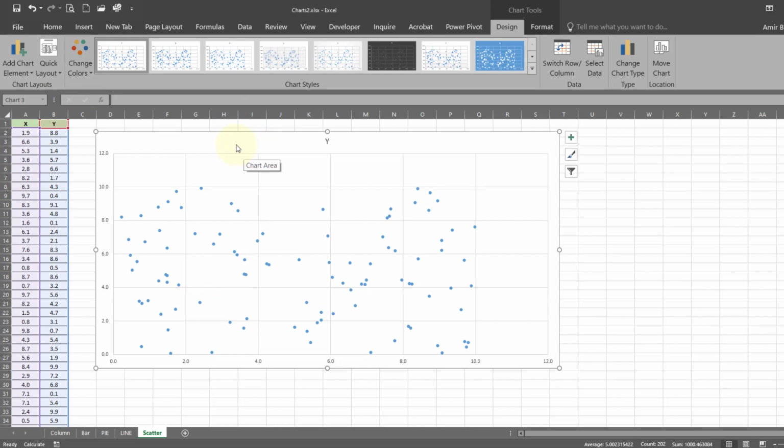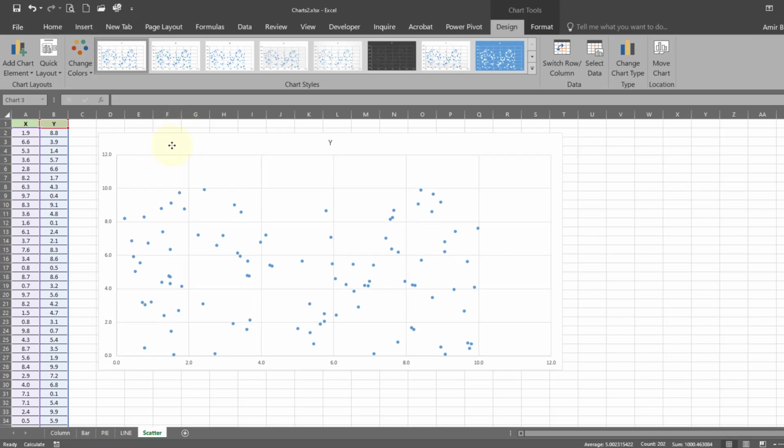Scatter charts are good for showing relationship between two different variables where one correlates to another, or it might not correlate. Scatter charts can also show the data distribution or clustering trends and can help you spot anomalies in that data. And another example of a scatter chart can be showing marketing spending versus revenue. Now we can format this chart.